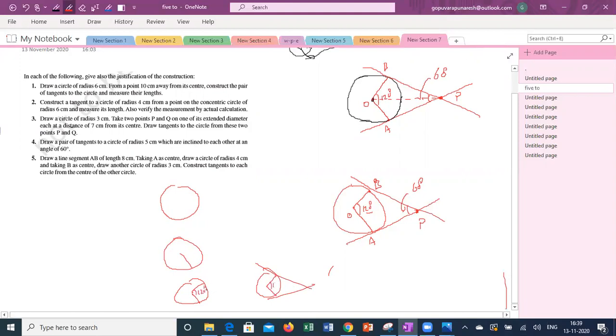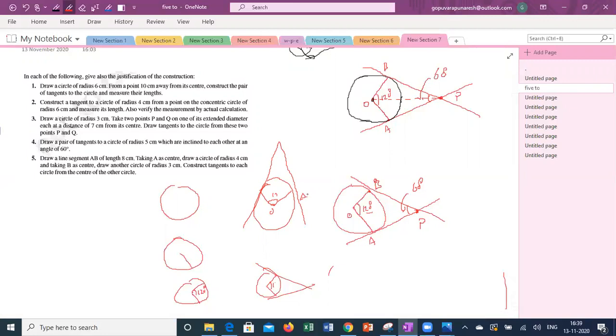You have to draw the two radius lines with an angle of 120. You may draw like this also. Niranjan, take this one. You may draw like this also. 120, it will come like this. So OA, you can take at any position. That's not a problem. Anywhere on the circle, mark A, join O to A, and draw one more radius line at 120 degrees with respect to OA.